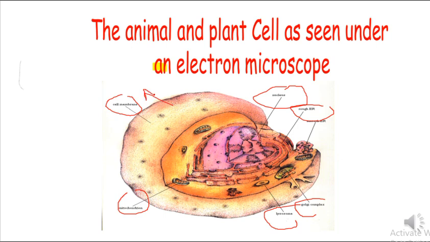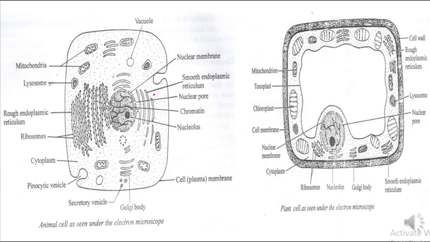But later on we shall look at the plant cell and animal cell. In the plant cell, the outermost organelle or structure is a cell wall. The plant cell has a cell wall, but the animal cell has only the cell membrane. We can look at the two structures,